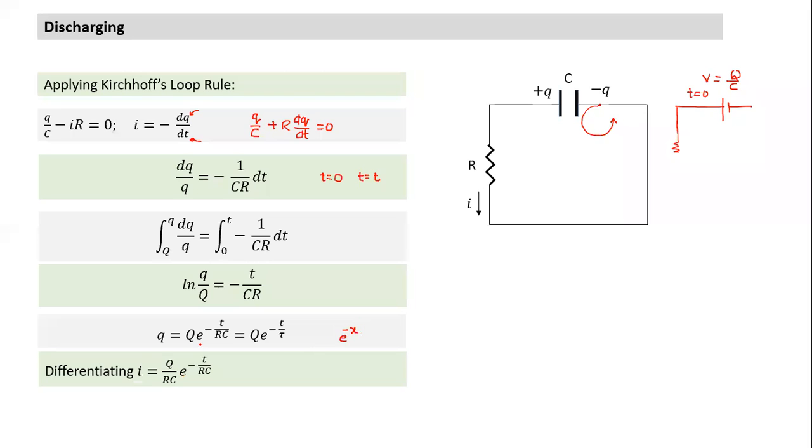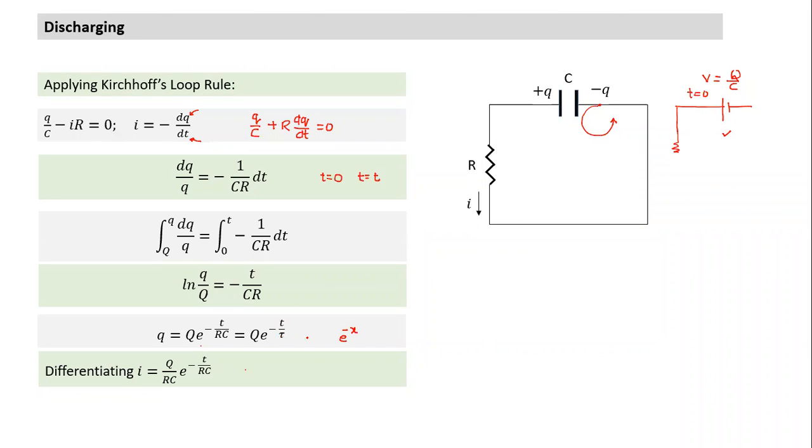And we can find current also. How do we find current here? We differentiate. So dq by dt becomes equal to q by tau, so Q0 by RC e raised to power minus t by RC. From here, can I find current at time t equal to 0? What is the initial current? It is Q0 by RC, same as before. So even this solution leads to the same result I could have inferred from the initial state.